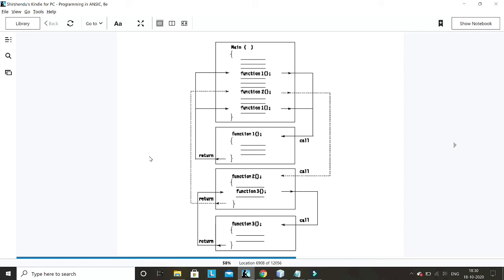Suppose after a few days I give you a very complicated assignment where you have to write code of 200 or 500 lines. In that case, writing every logic in main is not good. Sometimes you have to calculate the area of a geometric shape, or calculate the average of some arrays. In that case, it is better to use a function to do this calculation so that you can use the same code again and again.